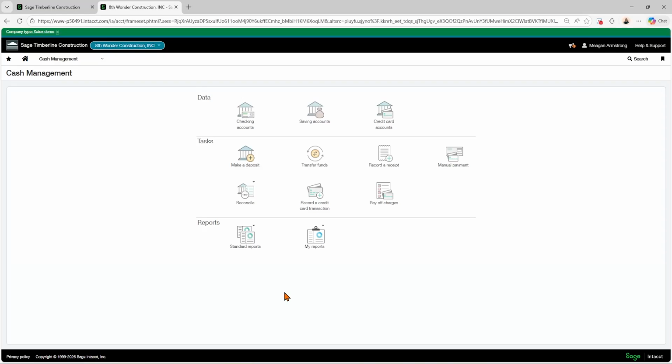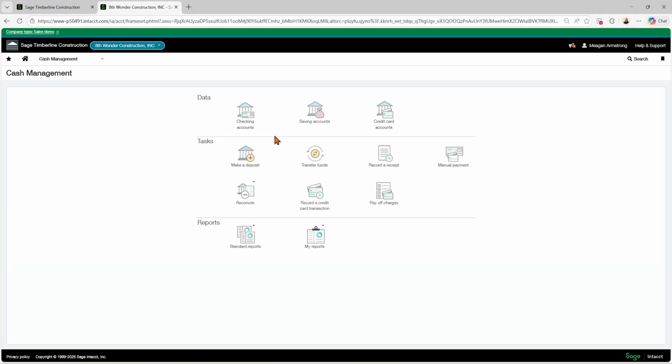Today, we're going to be looking at how to add a logo to your checks. This is not the same as when you go to your company setup and add the logo that you see in Intacct. This is separate for two reasons. One, the size requirements are different for the Intacct company logo versus the check logo. And two, you can have as many logos as you have checking accounts. So if you have different entities, you can have each entity's logo on their individual checks.